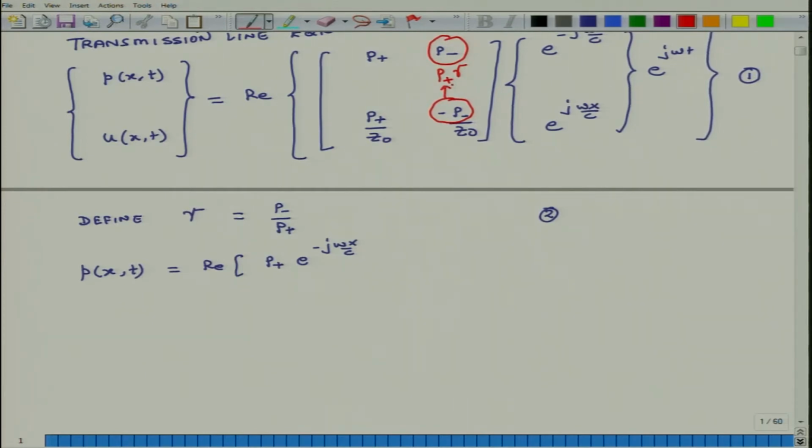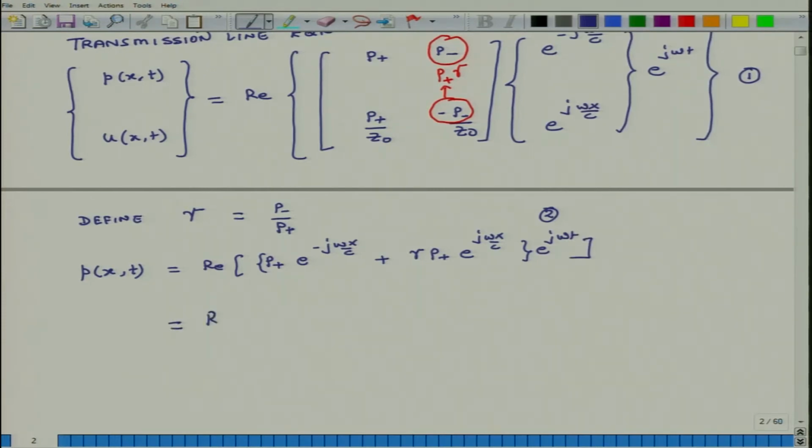So, I can take p plus outside the bracket. Writing the first equation for pressure after this change, what I get is p plus e^(-jωx/c) plus gamma p plus e^(jωx/c) e^(jωt),